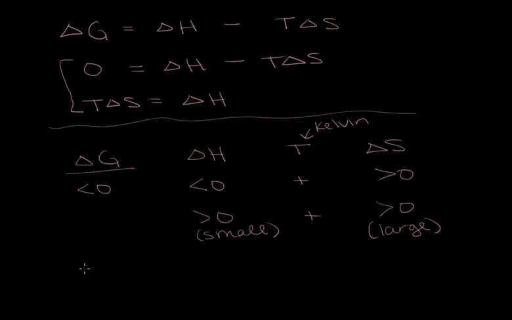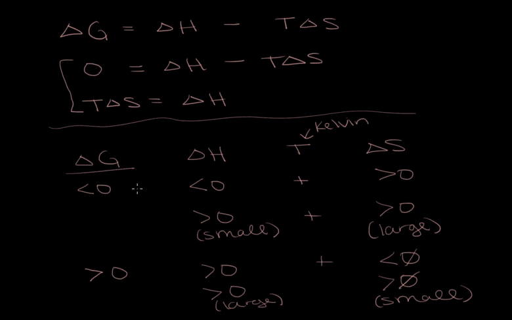Okay, so what about non-spontaneous reactions? So when delta G is greater than 0, that means this would have to also be greater than 0, and T delta S would have to be less than 0. This would have to be negative, less than 0. So the entropy of the system would have to decrease, so we would have to get more ordered in order for this reaction to be non-spontaneous. And similarly, like above, you can think of examples where the delta H might be very large and positive, and this value might be very low, very small and negative. So it actually would decrease the contribution of this to the overall. Okay,